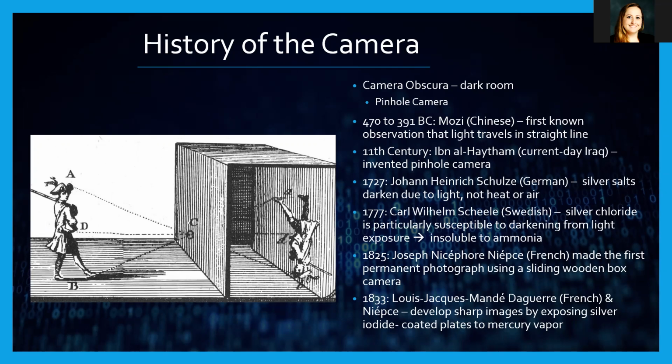Later, in the 11th century, a highly regarded Arab physicist, and I will pre-apologize for all the name butchering I will be doing today, named Ibn al-Haytham, studied geometry and optics, and also wrote about his experiments of light being projected through a small hole in a dark room, and was accredited as the inventor of the pinhole camera.